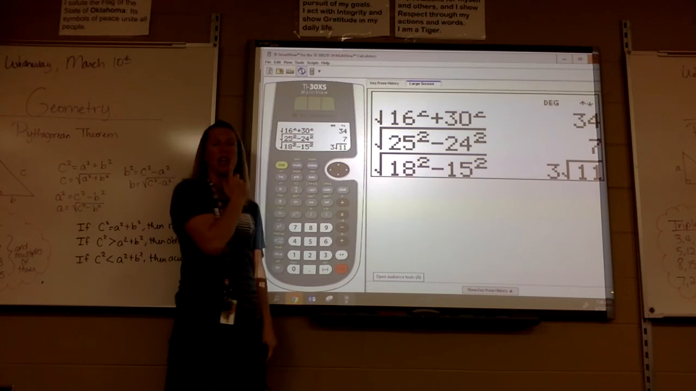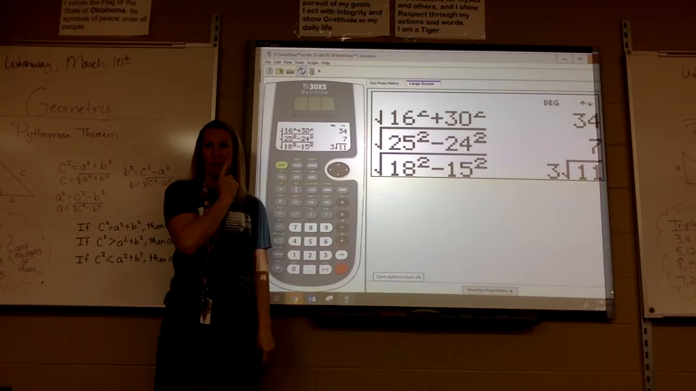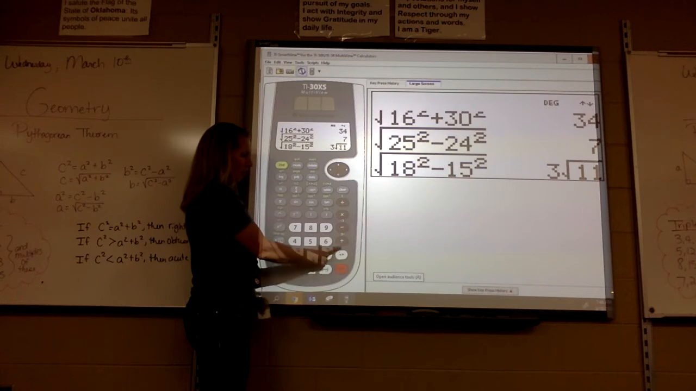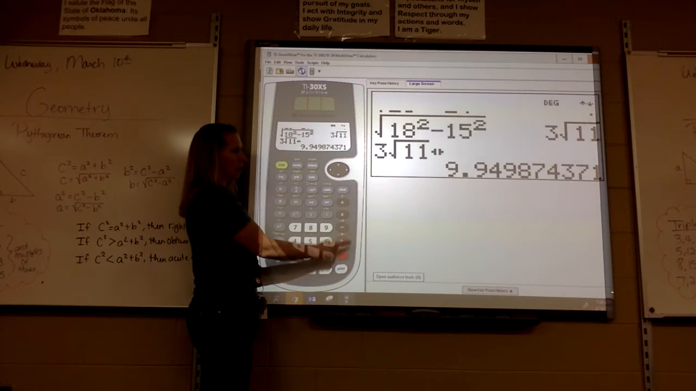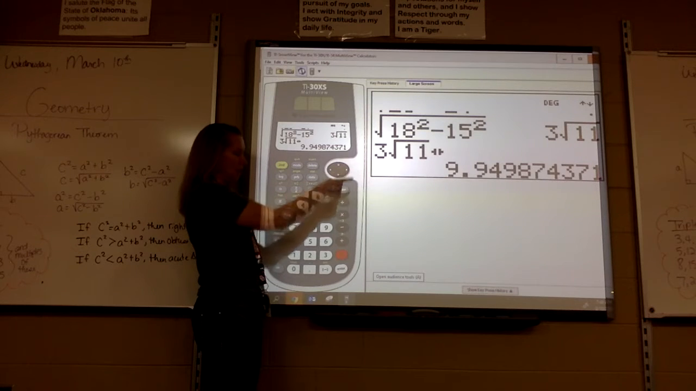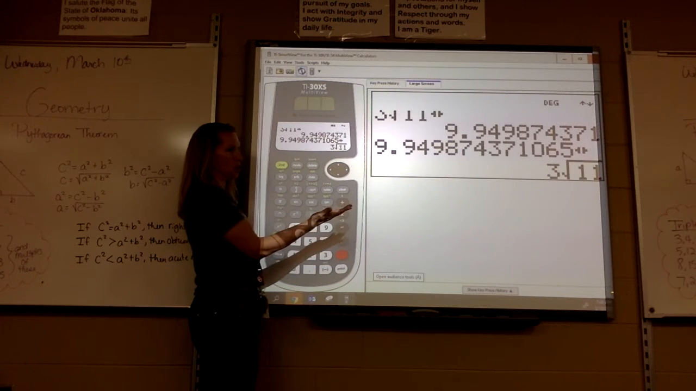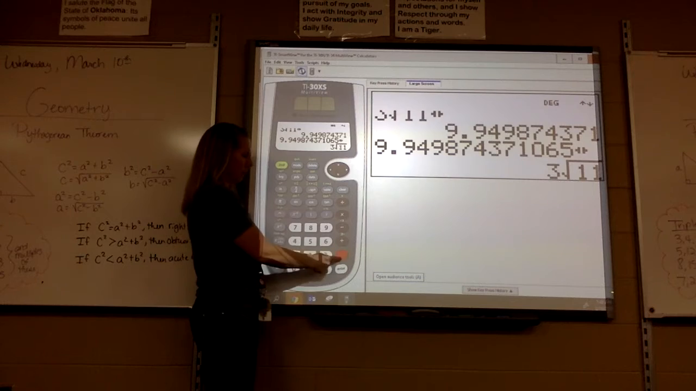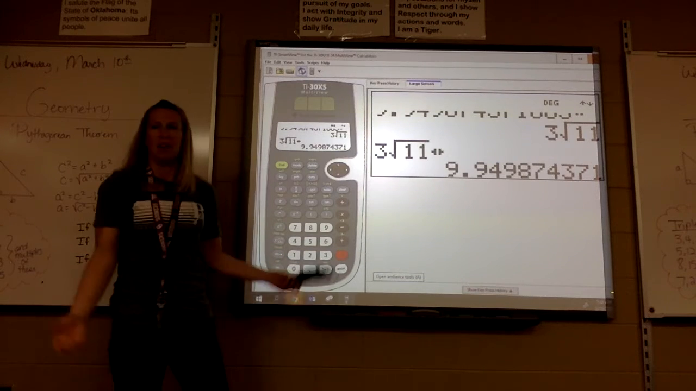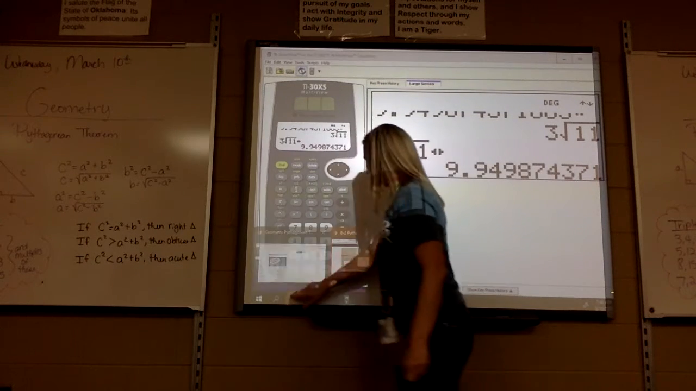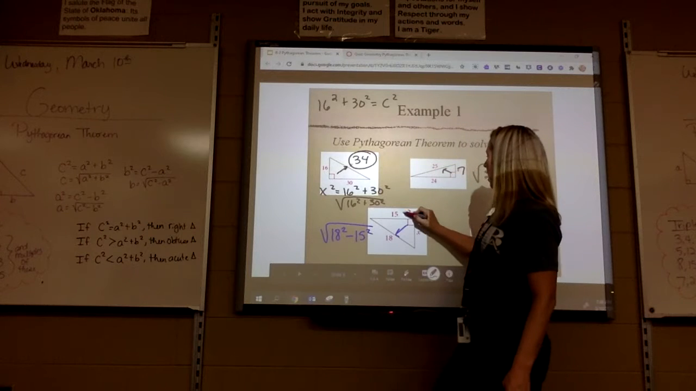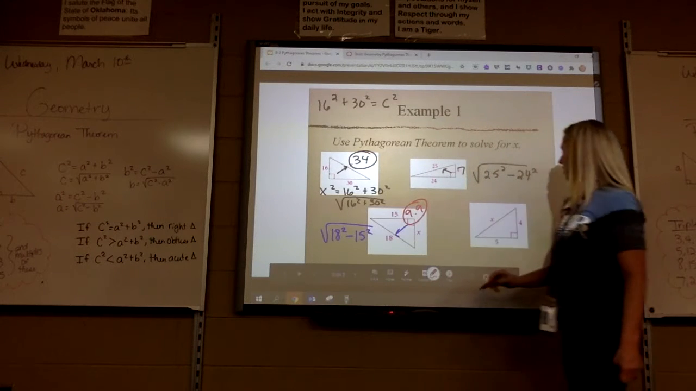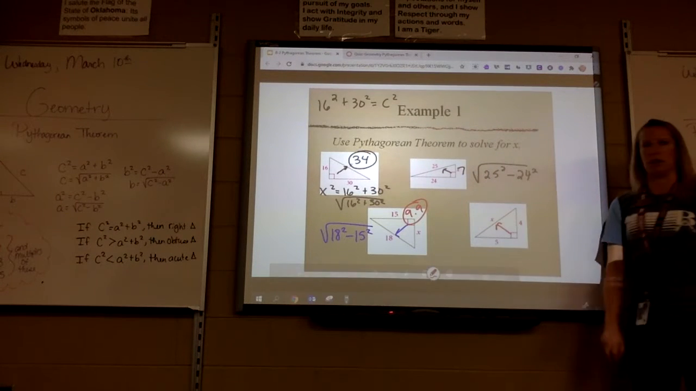But if you need to change it to a decimal, do you guys remember how to change it? The toggle button right above the enter. So you push that button, changes to a decimal. You push it again, changes it back to a radical. So 9.9. All right,